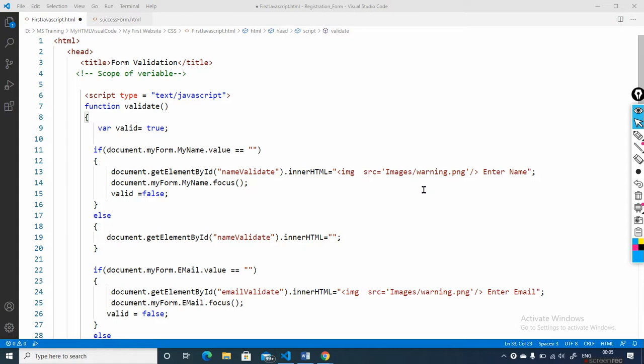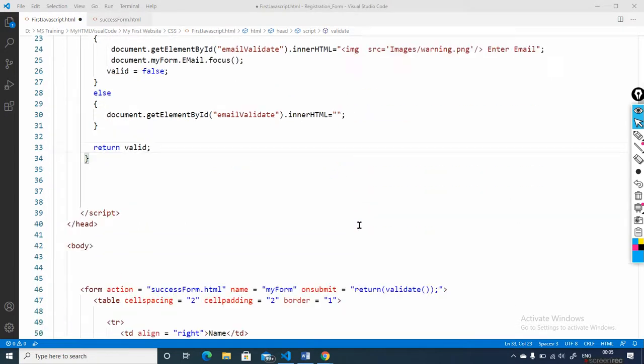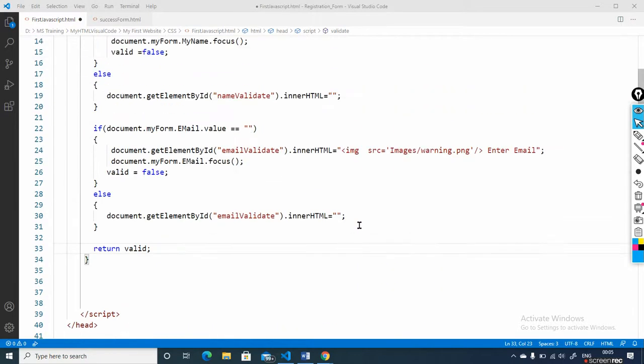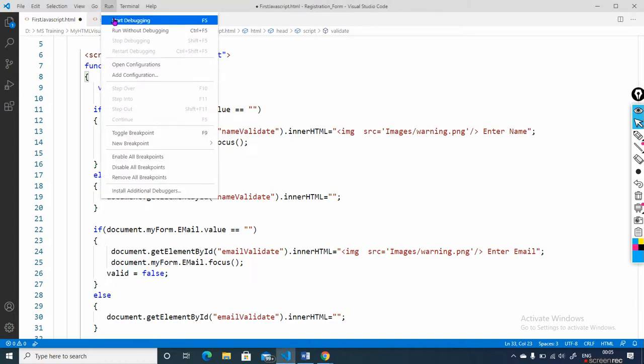Hi all, in the last session we explored how we can validate a field. In this section we'll explain how we can validate the email address, phone number or zip code. Okay, so we'll see how we can validate. In the last section we saw that we just